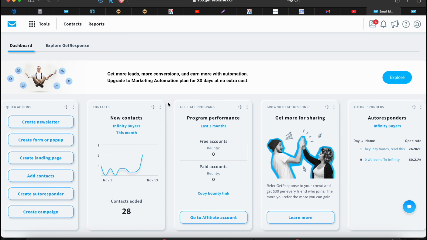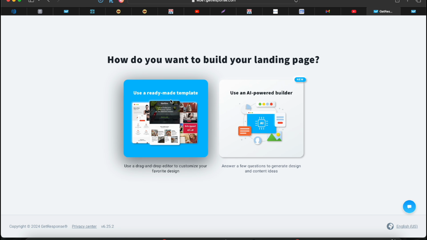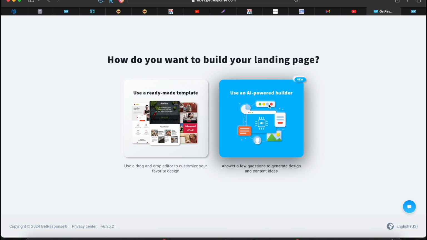So let's go back to create a landing page, since that is something that you may be interested in. And then finally, we're going to talk about create autoresponder as well. But for now, let's do landing page. So here we have the option of using a ready-made template, or you can use the AI Power Builder. I'm going to be completely honest, I've never used the AI Power Builder, so we're just going to go with